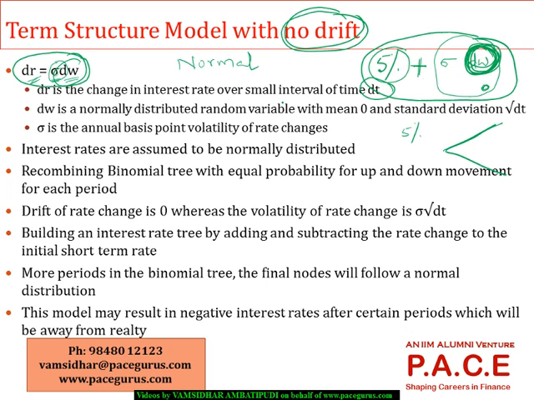And how do I use this model to build the binomial tree of the interest rate? So if I am assuming